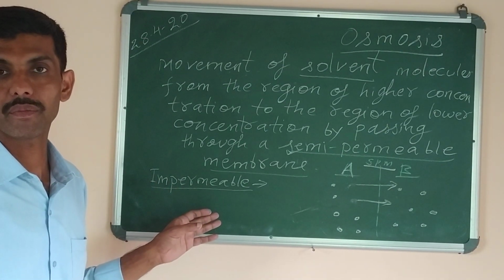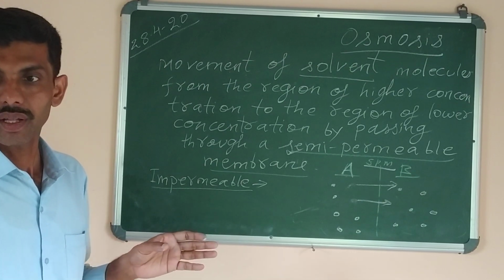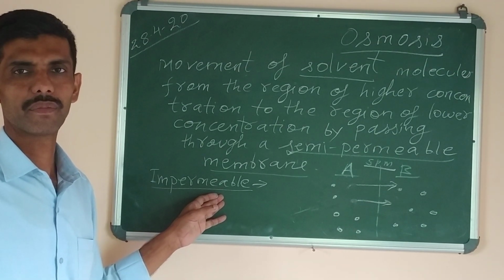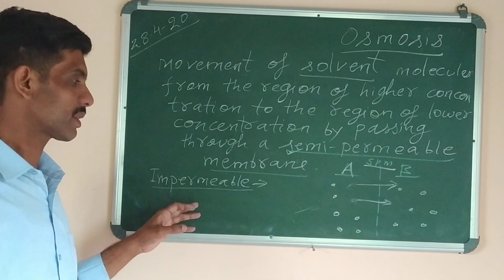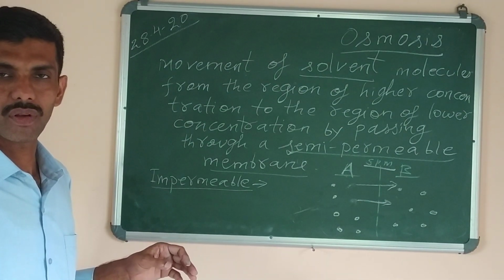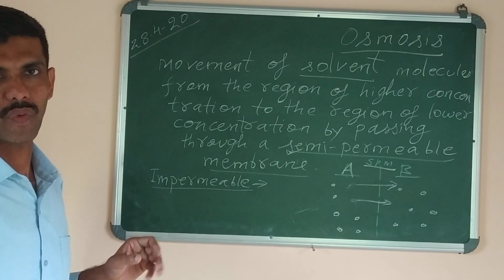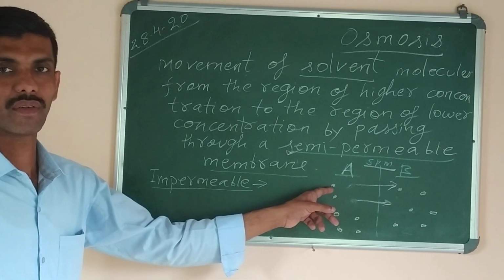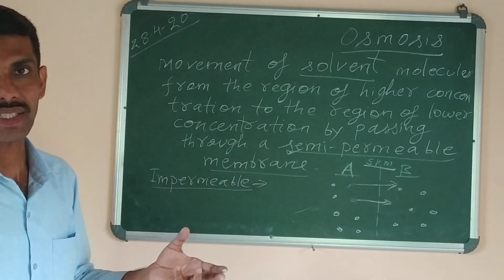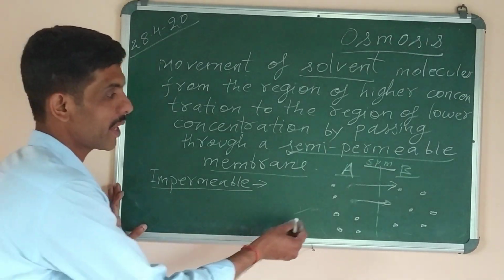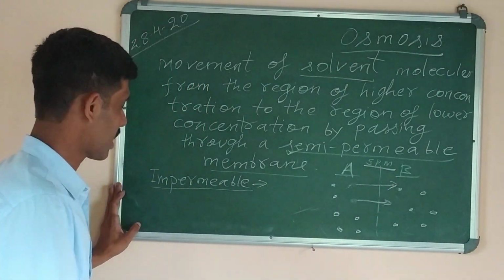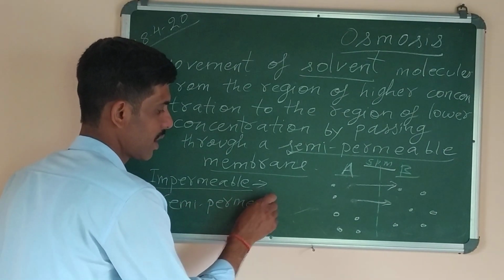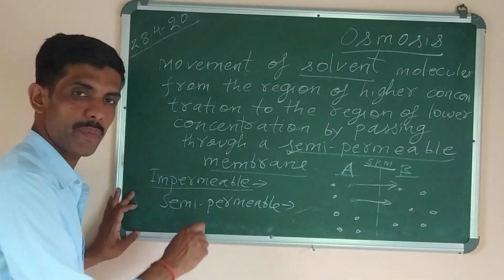Example of impermeable membrane you can give, that the plastic and all, they are impermeable. Water molecules cannot pass through them. And there are certain membranes which allow some substances to pass through them, whereas others are not allowed. They are called semi-permeable. So here the solvent molecules are allowed. But solid molecules, being bigger in size, cannot pass through these pores. They are not allowed. So second one is semi-permeable. Already we have studied. Example, parchment paper, whistling bag.